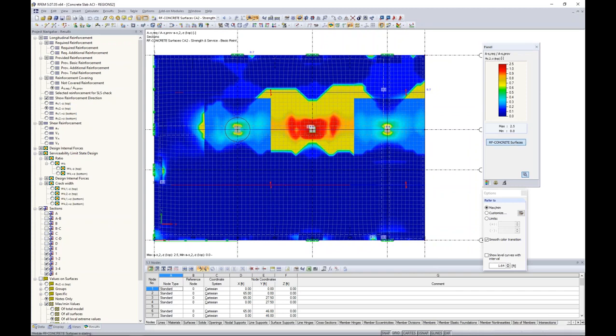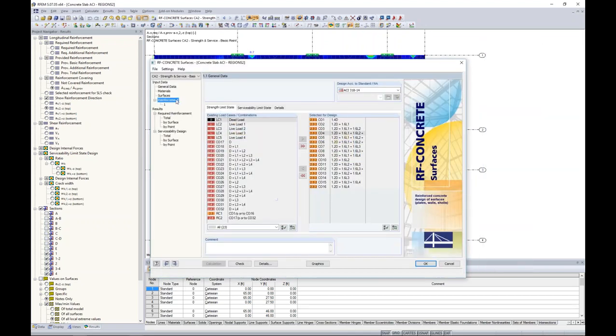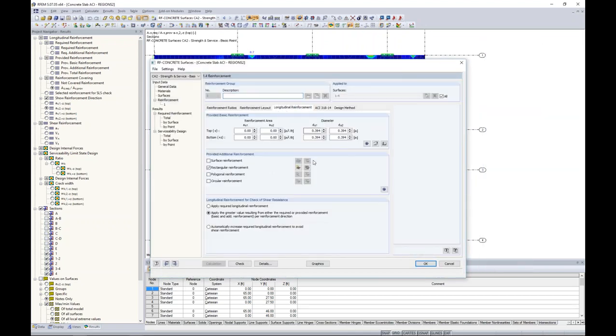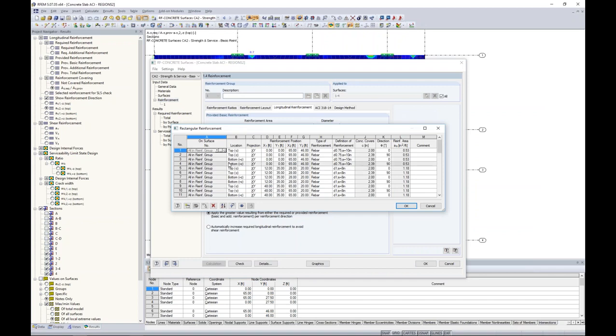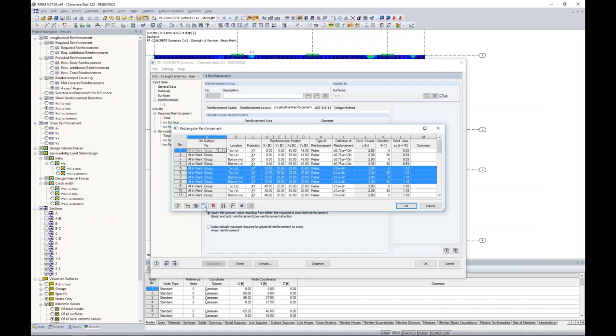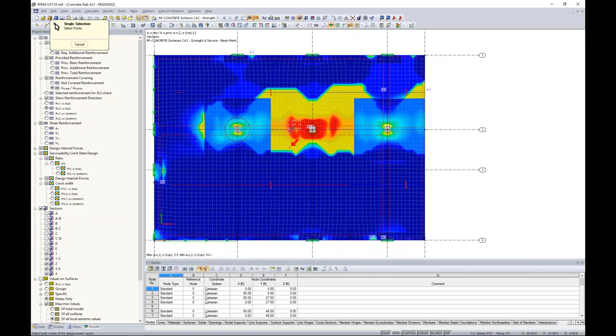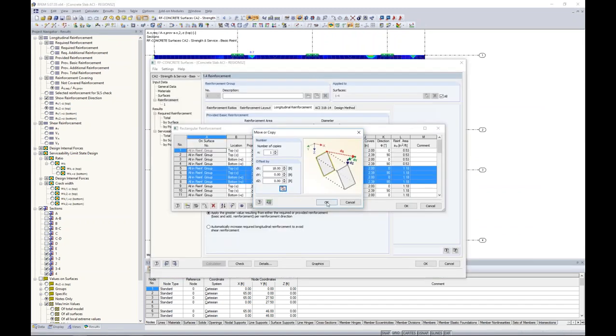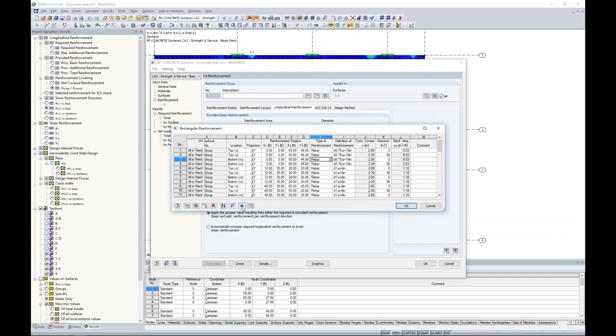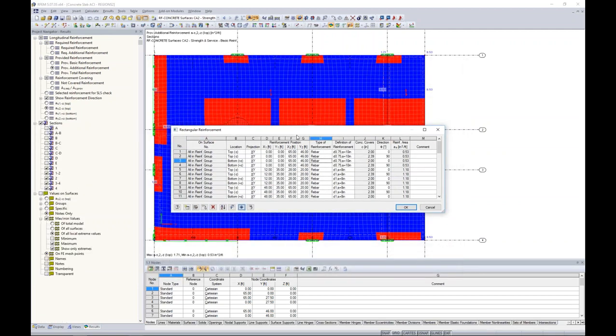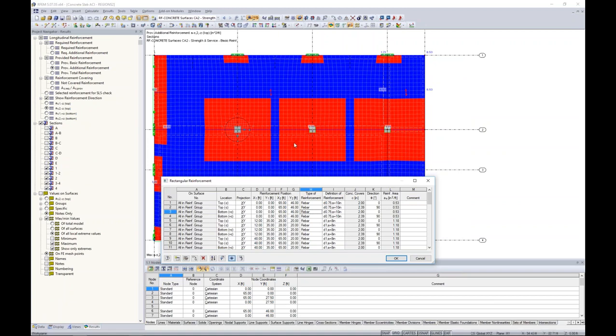Well, so how do we deal with that? That's no problem. That's exactly what I was showing you guys before under longitudinal reinforcement. Maybe I want to take my rows here, 5 through 8. I'm going to use my move and copy tool, select my displacement vector. I click OK, and I can view this graphically now, and now we have additionally applied all of this reinforcement